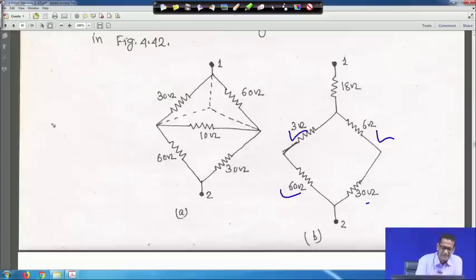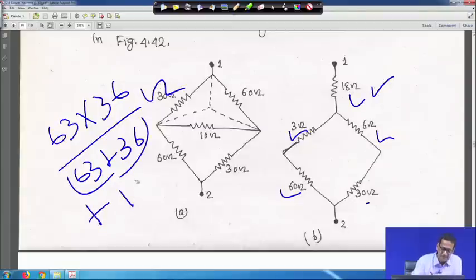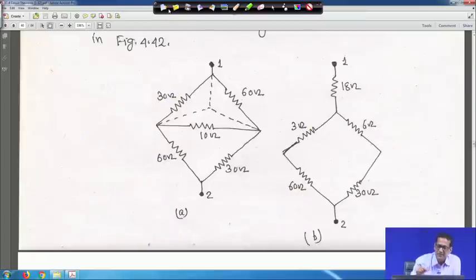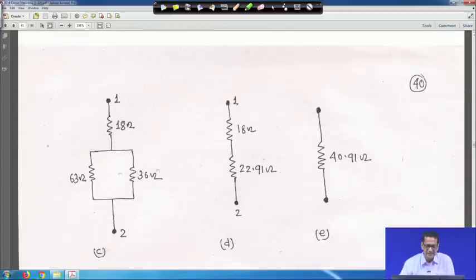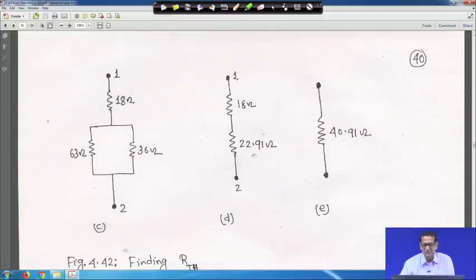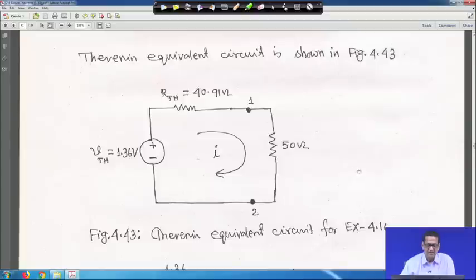That means the equivalent is 63, this is 63 ohm and this is 36, right, 63 times 36 divided by 63 plus 36, whatever it comes to, with that 18 ohm is in series. So, that is equal to what, right. Let me clear it, that is what we have made: the 18 ohm, and these two are in parallel. So, the equivalent was coming 22.91, along with 18 ohm in series. So, total is 40.91 ohm. Now, R Thevenin is 40.91, and here it is